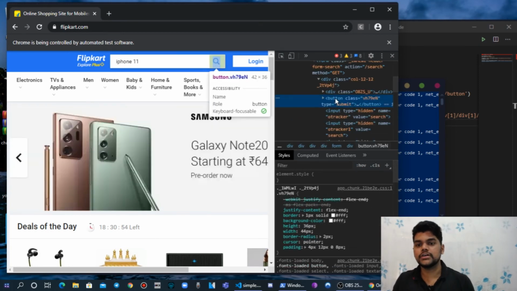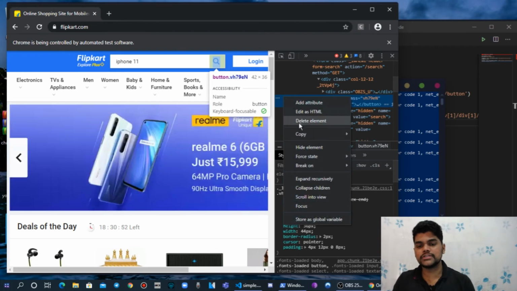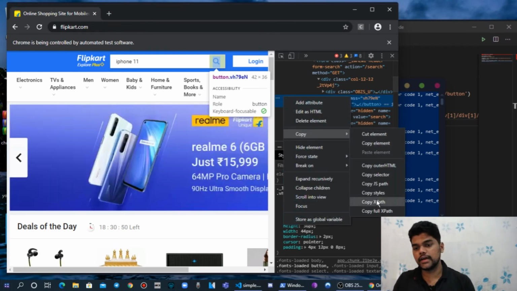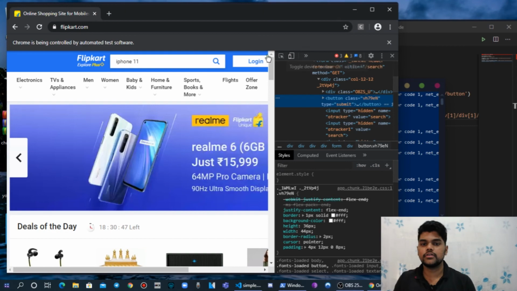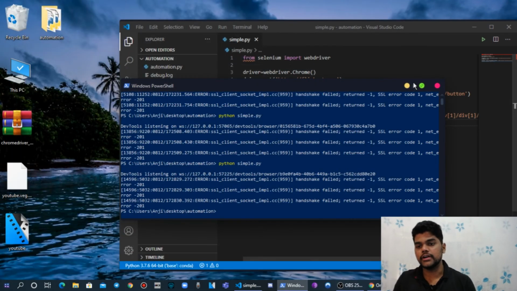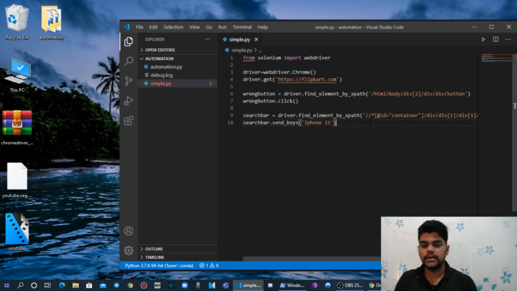This is the button. You got that element, and right click on that, same, copy XPath. Now go back to your editor and again same thing, search button. I am naming this variable search button,